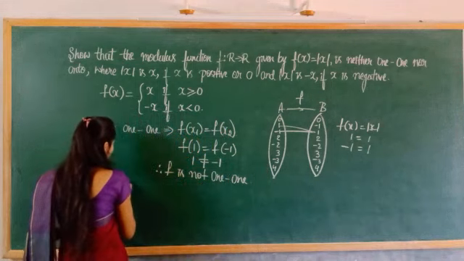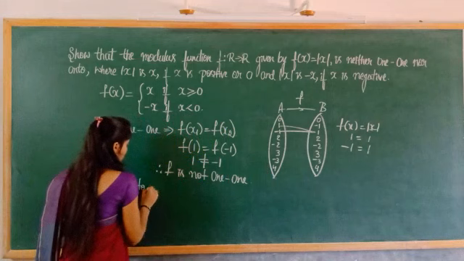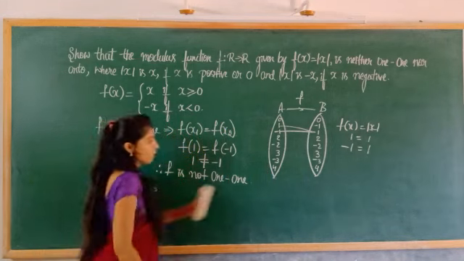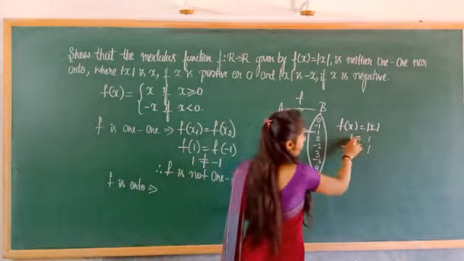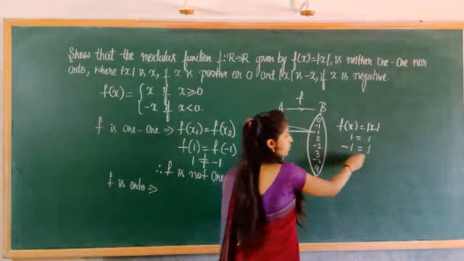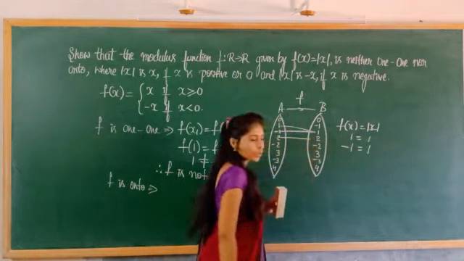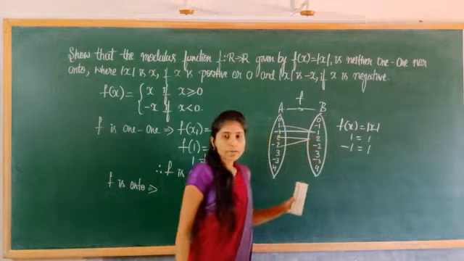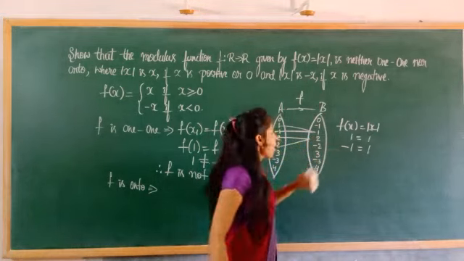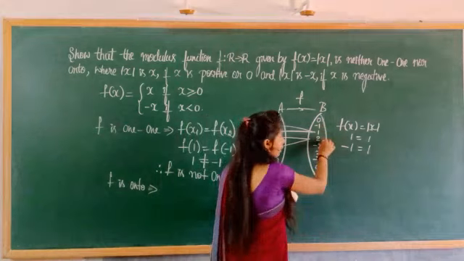Is f onto? Onto means, directly see here, in onto condition here also it is the same, right? If I put 1 you will get 1, minus 1 then also you will get 1. In the same way 2 gives positive 2 only. If you put minus 2, then also in mod minus 2 you will get positive 2 only. But in onto function the condition is what? No element should be left in the codomain.